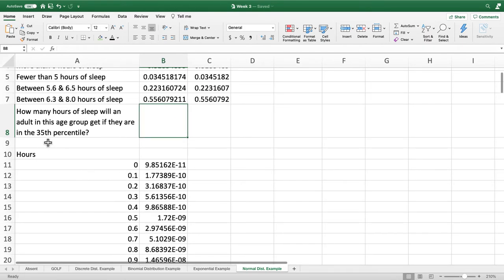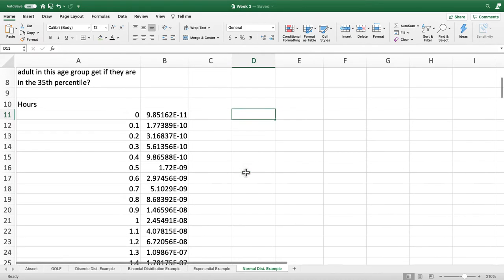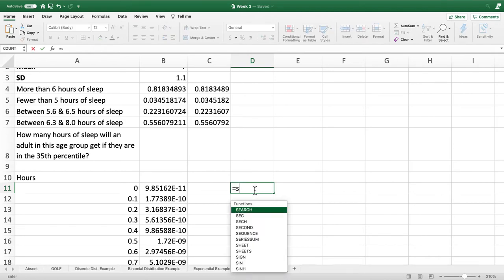All right, so next, how many hours of sleep will an adult in this group get if they are in the 35th percentile? To find percentiles, we need z-scores. So again, there are two ways that you can do this. If you love Excel, we can start by finding those z-scores back from chapter 3. And that's, I believe,